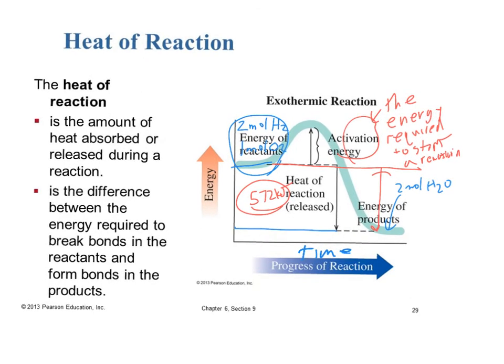Real quickly, the heat of reaction is the amount of heat absorbed or released during a reaction. It is the difference between the energy required to break bonds in the reactants and form bonds in the products. In order to make our water from our hydrogen and our oxygen, what do we have to do? Well, we have our hydrogens single bonded to each other, and we have our oxygens double bonded to each other. We have to break that single bond, we have to break that double bond. That requires an input of energy,